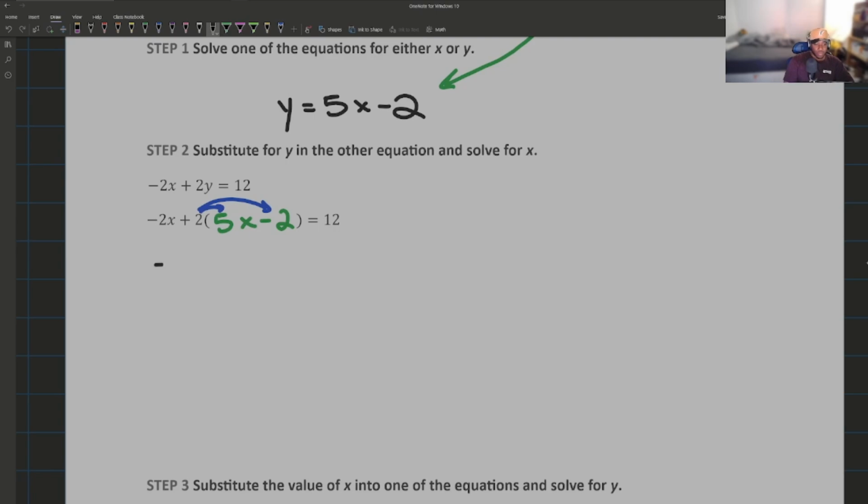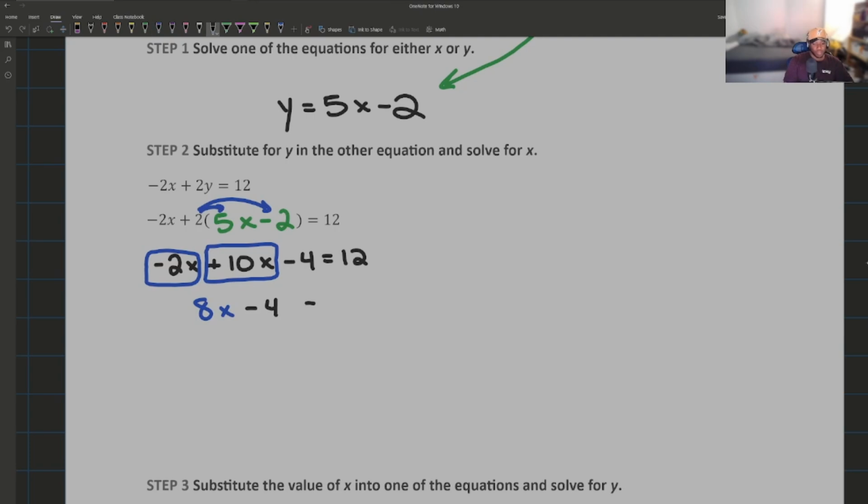And that's going to turn into negative 2x. 2 times 5x is 10x. And 2 times negative 2 is negative 4. And that equals 12. One more thing we can do to simplify the problem is combine our like terms. In this case, that is our negative 2x and our positive 10x. And we can put those together and bring us 8x